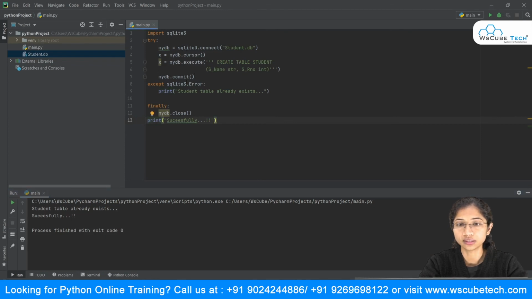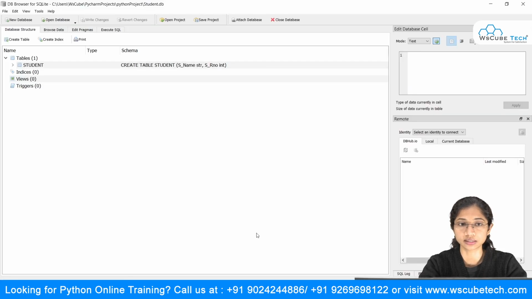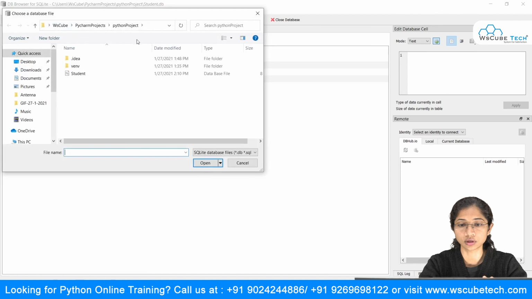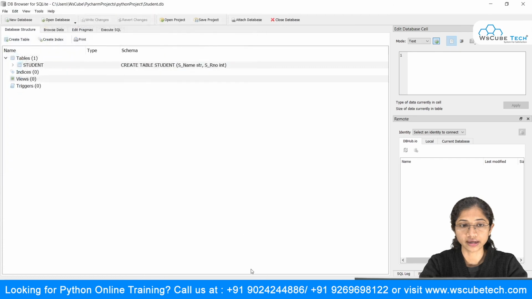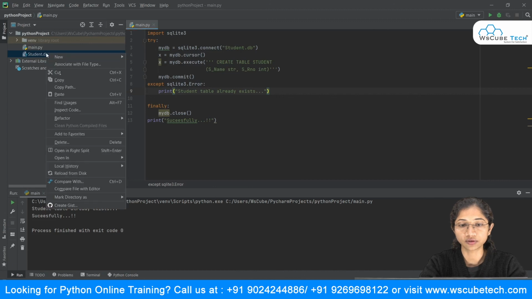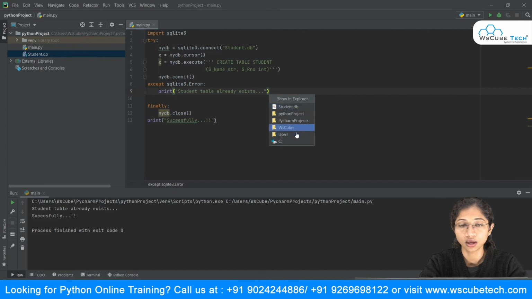So I hope you're clear with this. And the next thing is, as soon as you run, this student database gets created over here, and in order to view it, we have downloaded DB Browser for SQLite, and this is that browser. Inside this you just need to open the database. I even told you how you can get to this location: right click on your student file inside PyCharm and say open it, and if you click over here you are going to get the file path. You simply follow this path inside your DB browser, and you will get to this location.